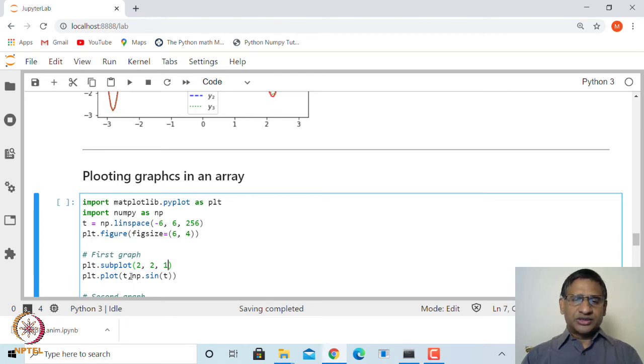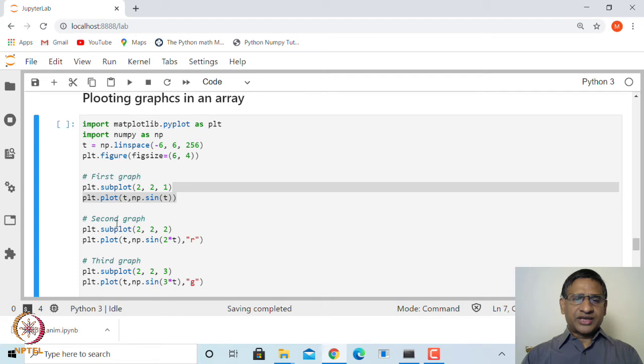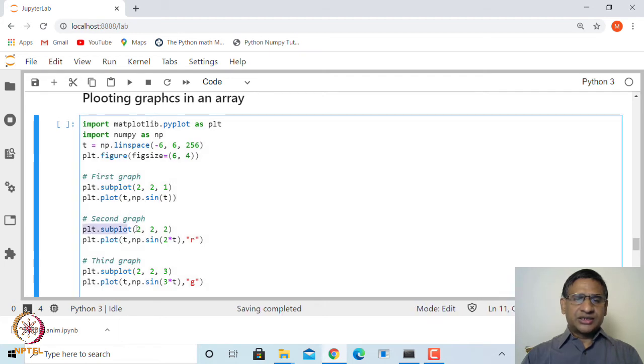The first box will have the plot of the sine function. Next, in the second graph, we write plt.subplot(2, 2, 2), which is the second graph of the 2 by 2 layout, and this is the graph of sine 2t in red color.